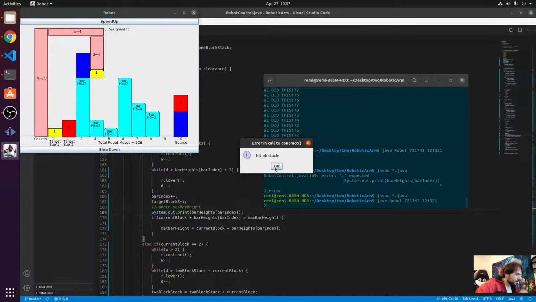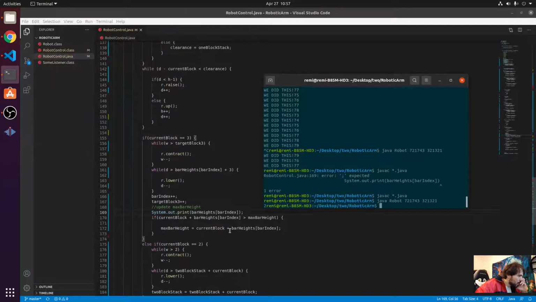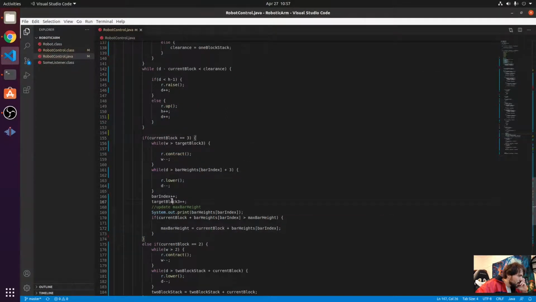But before, when I was putting it on, it should have been 7, not 2. And the reason this happened, I think I can see the reason, is because we actually updated the bar index before we worked out what the maximum height is. So let's go ahead and